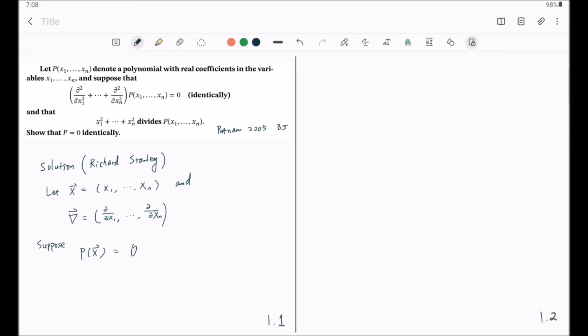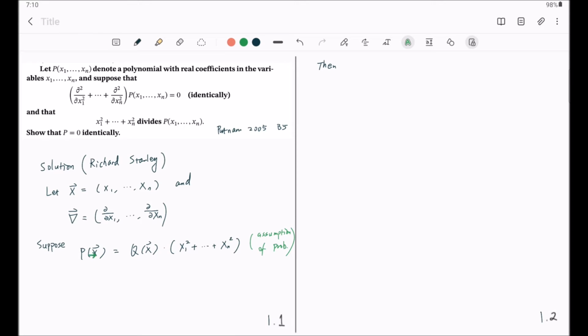Suppose this is equal to Q of x times x1 squared plus ... plus xn squared. Suppose P of x can be written as Q of x times this, as is assumed in the problem. So this is the assumption in the problem. Then